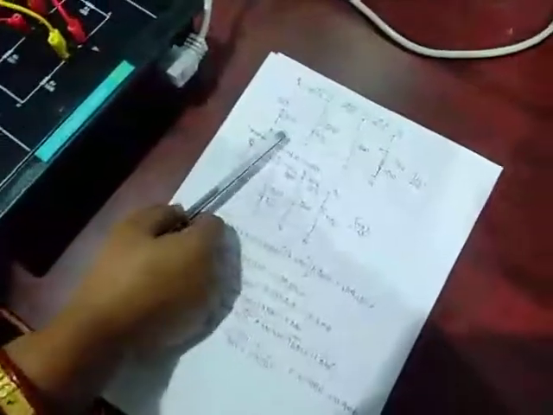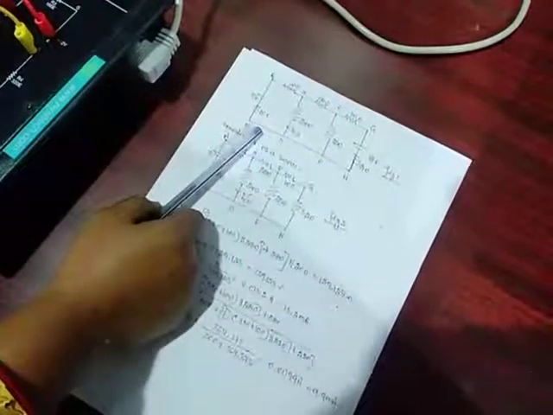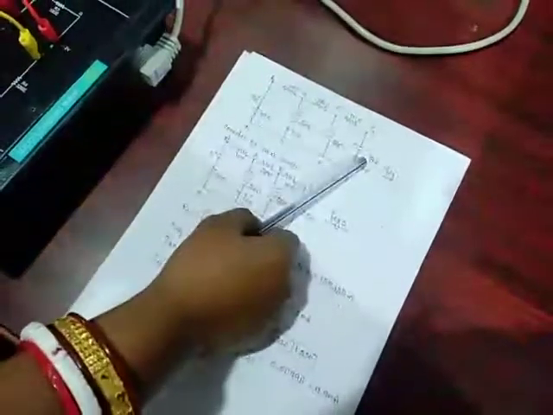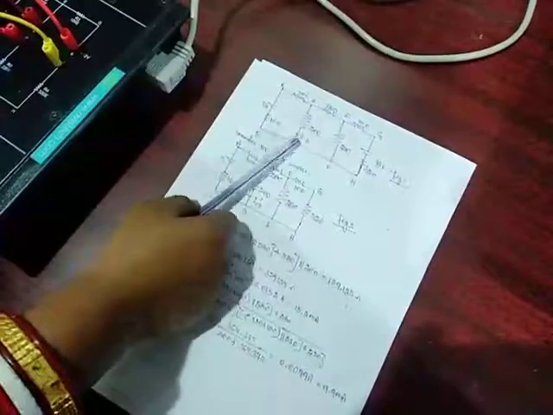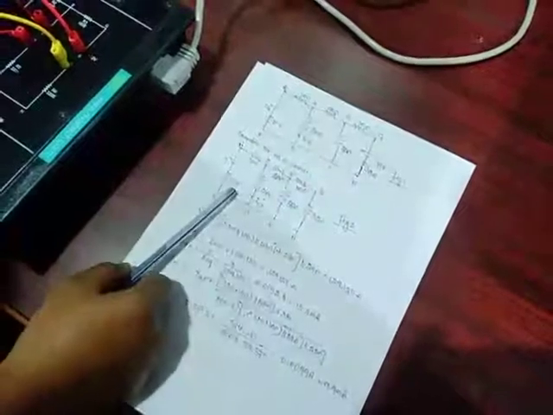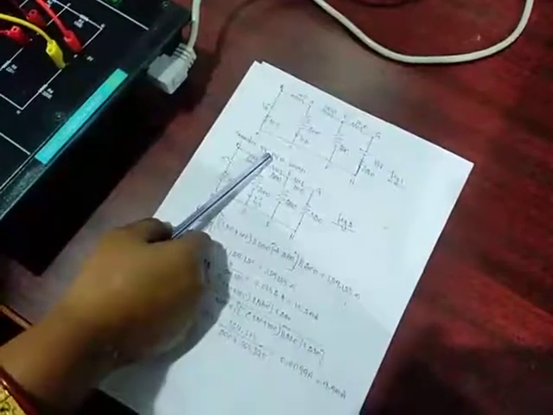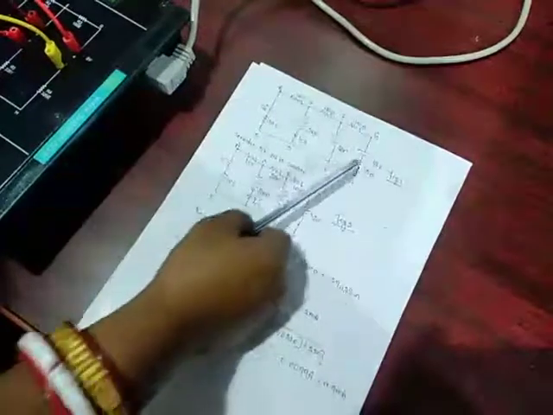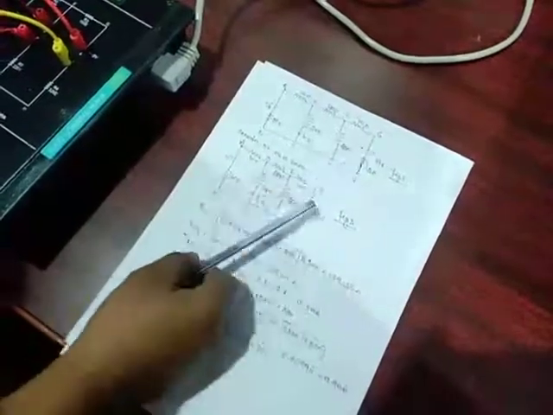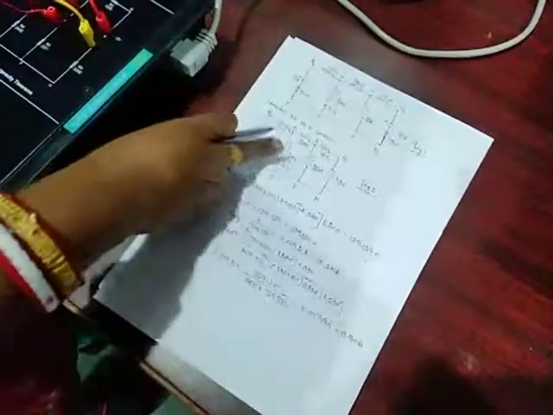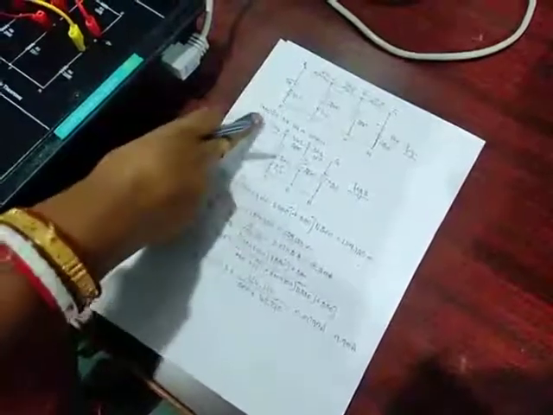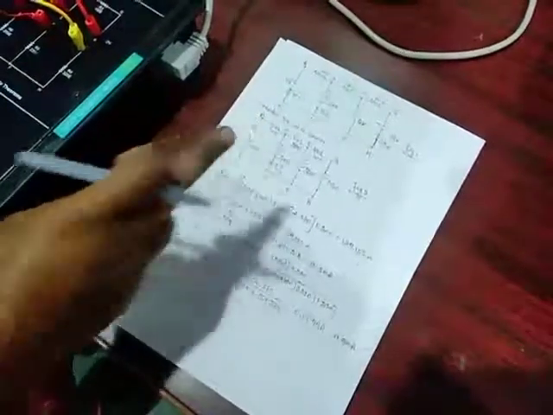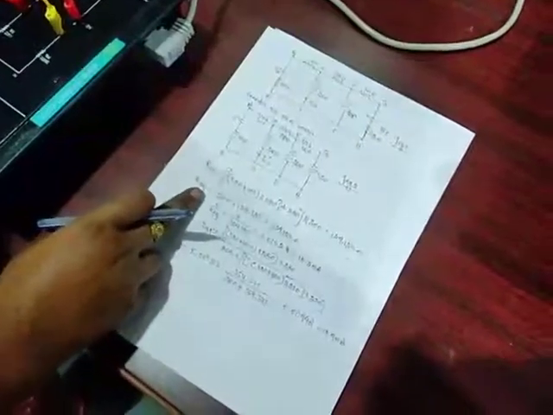Figure 1 shows the actual experimental circuit. Here, I consider both the sources. Now, let the current flowing through the CD terminal be ICD. In the first step, I consider the 5 volt source and suppress the 12 volt source, so I short circuit this path. Here, before finding the current through CD, which is ICD dash, I first calculate the total current. So first you go for the calculation of equivalent resistance.